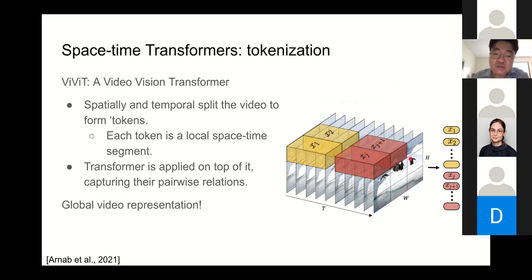In addition, since we can treat a video as a tensor with height, width, and time, they also split it temporally. So the video is split spatially and temporally to form tokens, and each token is a local space-time segment. The transformer is applied on top of it, capturing the pairwise relations between all these tokens. And again, as mentioned, this is a global representation. Each token has the capability to look at everything else.